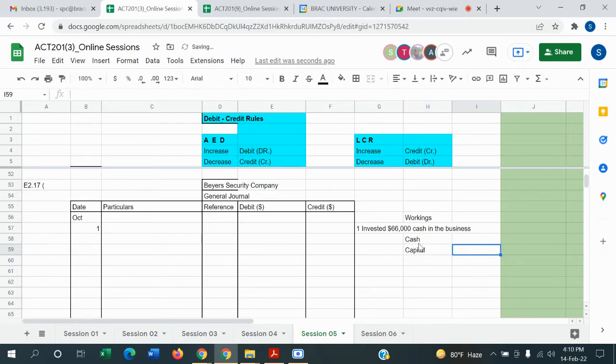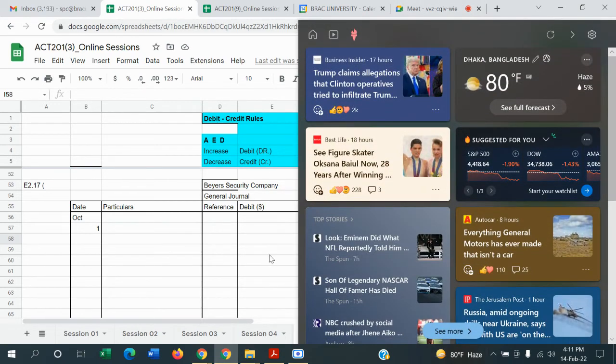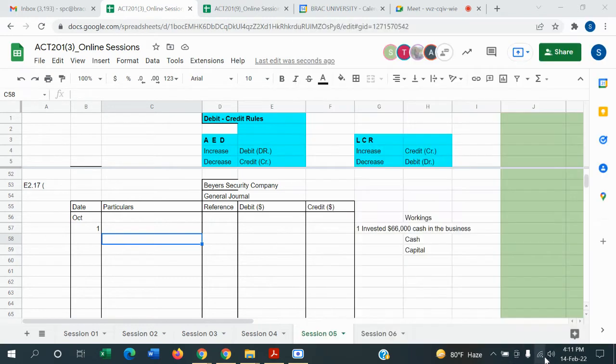Okay, so cash and capital, two accounts. Cash is an asset. Yes, we need to find out the types first. Cash is an asset, capital is owner's equity. Just write it down in short: A means asset, OE means owner's equity. So cash